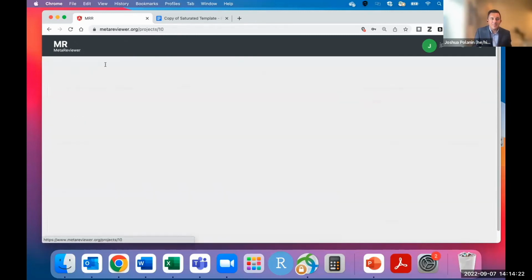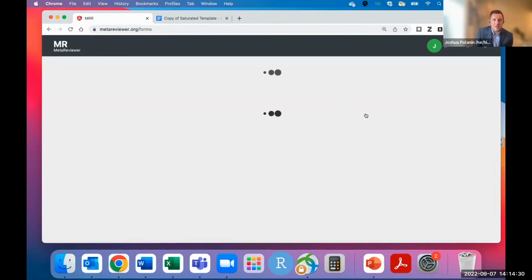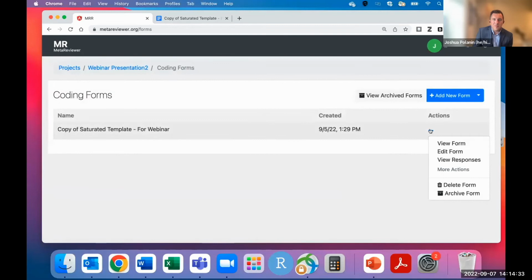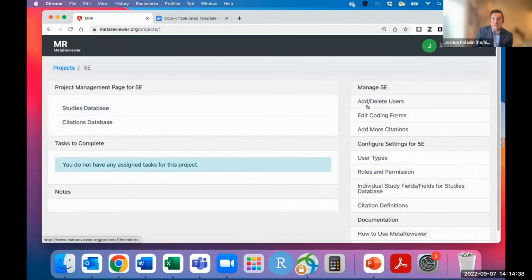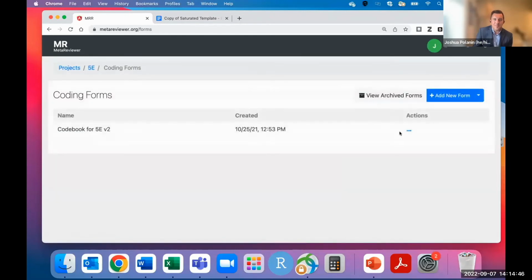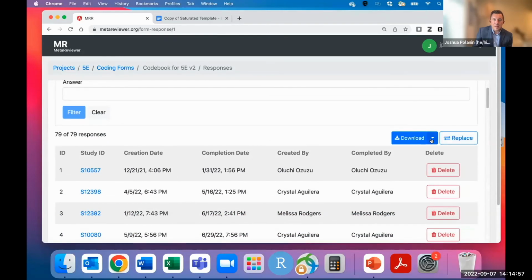What do you do once you've captured all of this information and you want to go ahead and actually start analyzing it, actually get it out of MetaReviewer? Well, to do that, you're going to go back over to this coding forms section, click on view the responses. Actually, I'm sorry, we're not going to do that one. We're going to do this 5E project, which is an actual project that is ongoing right now and using MetaReviewer, internal to AIR. We go to edit coding forms and then view the responses. We can see we've got 79 different responses corresponding to 79 different studies. And if I click download and CSV,